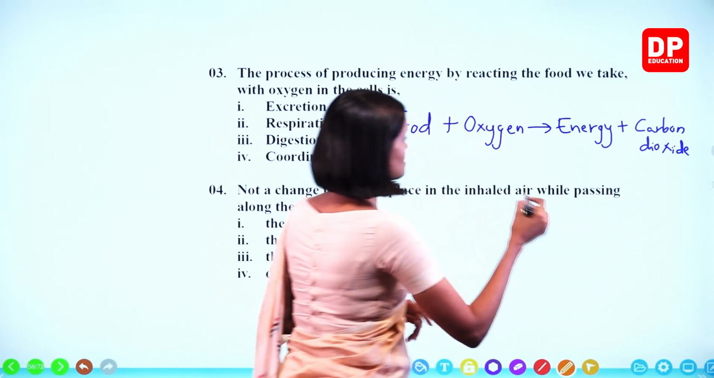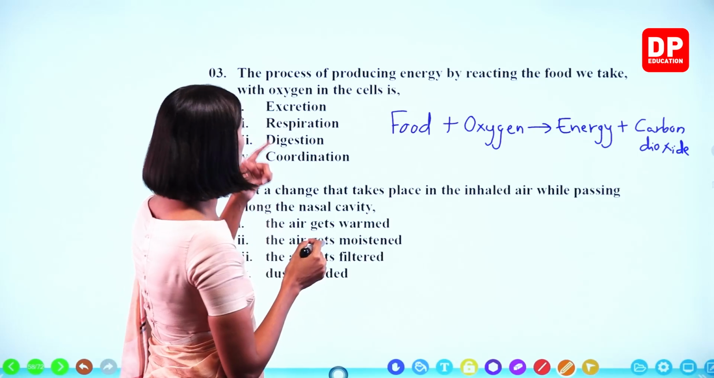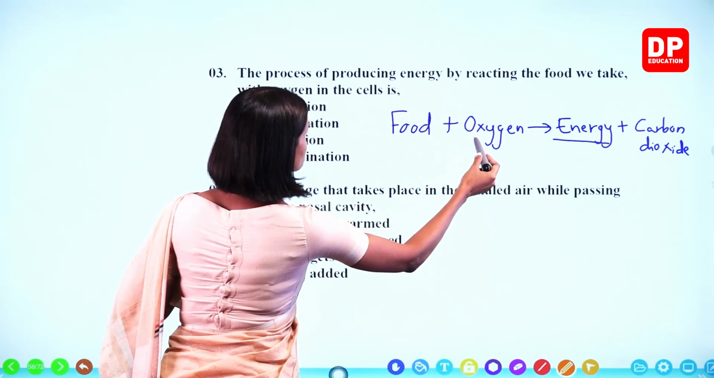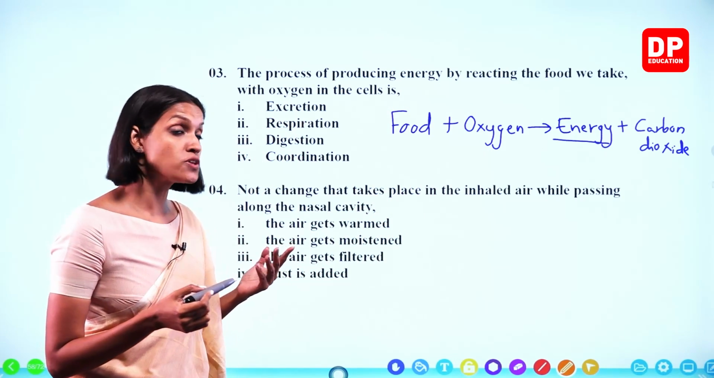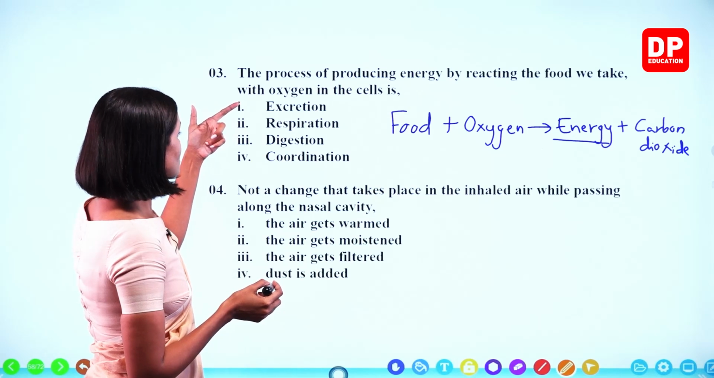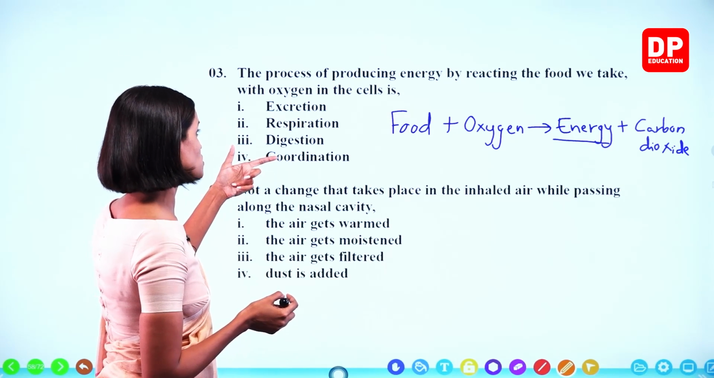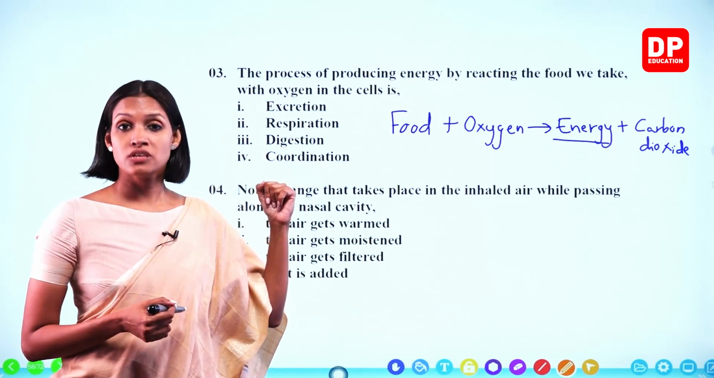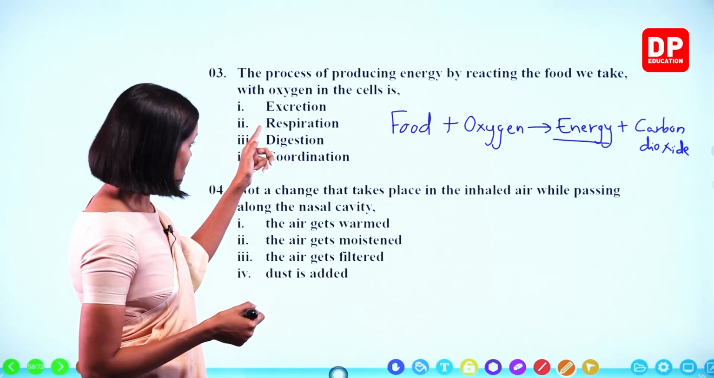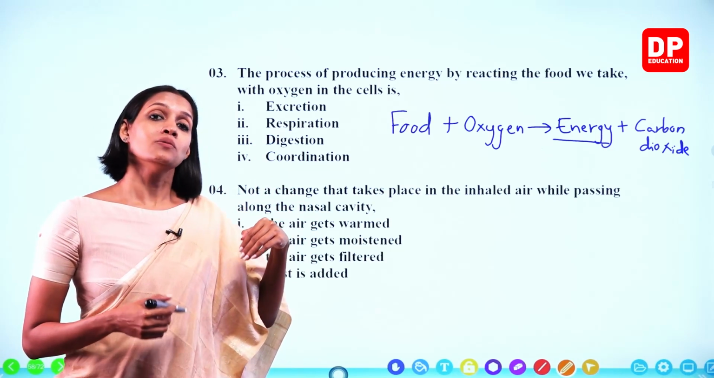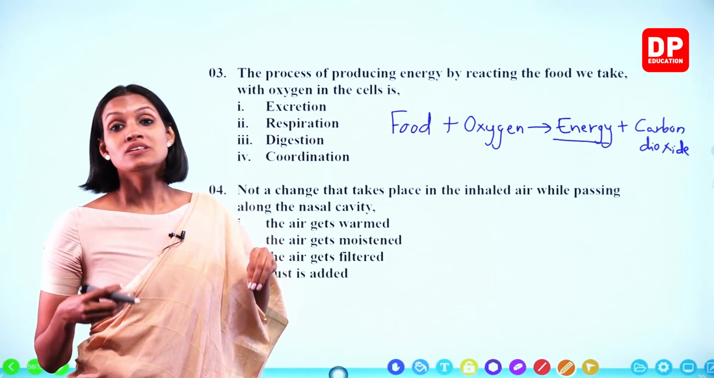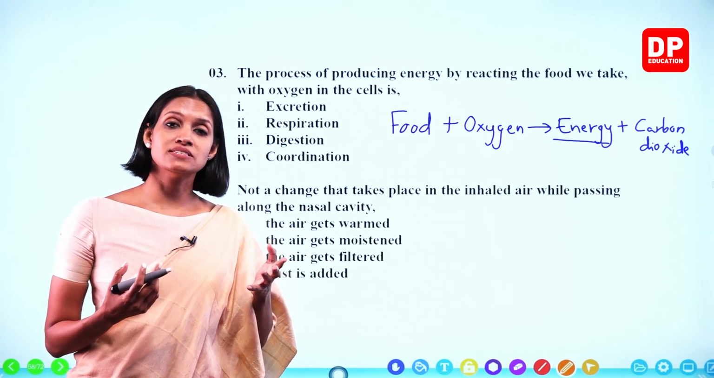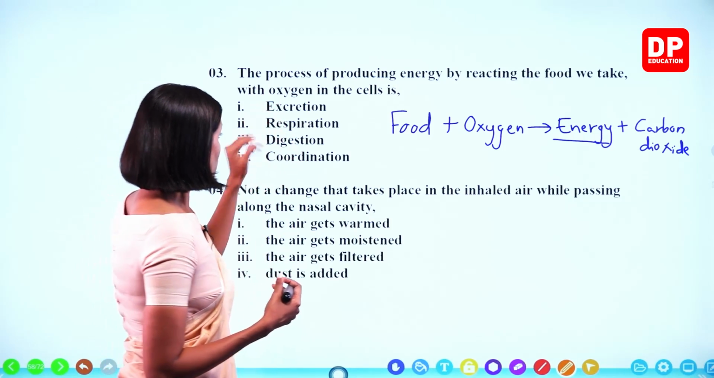What is this process? This is known as the respiration process, right? The process of producing energy by reacting the food we take with oxygen in the cells is, what is the process? Respiration, excretion, digestion, coordination. Now excretion, you all are going to learn, the removal of waste materials produced in the body is known as excretion, right? Digestion means breaking down of large food pieces into simple food items, okay? Now coordination, you all are going to learn under the nervous system, okay? So the answer is